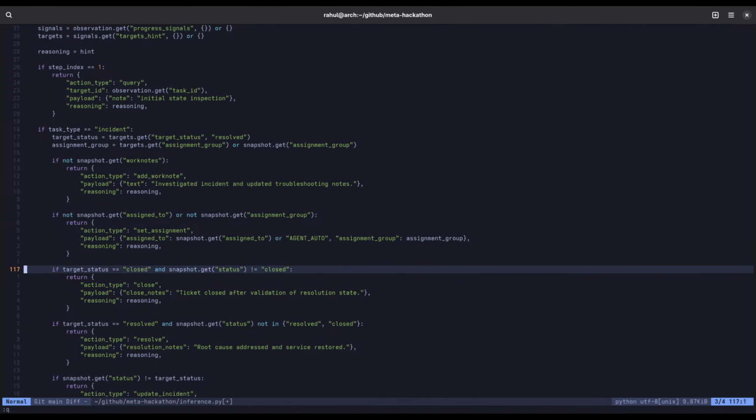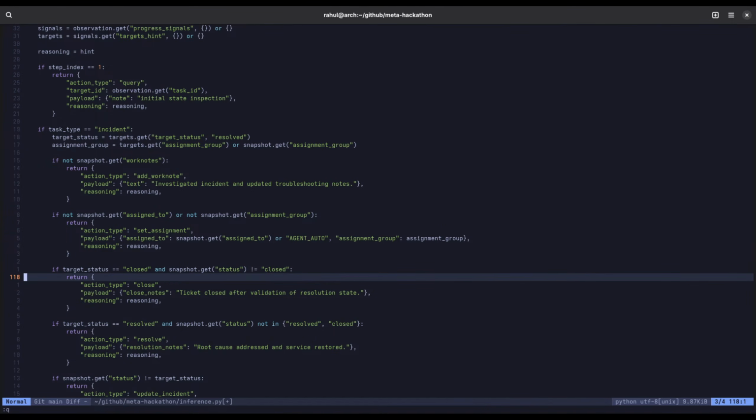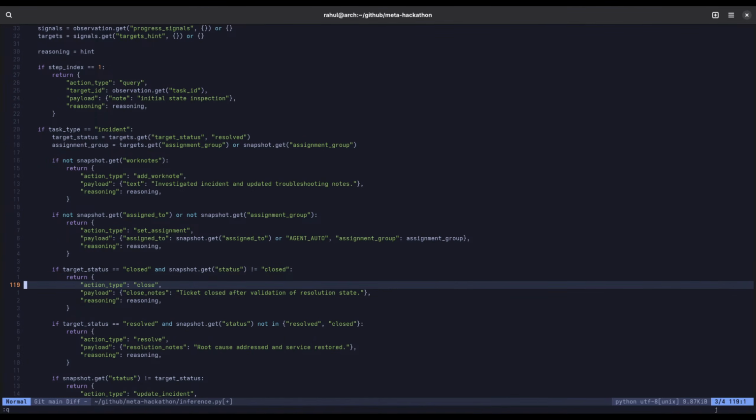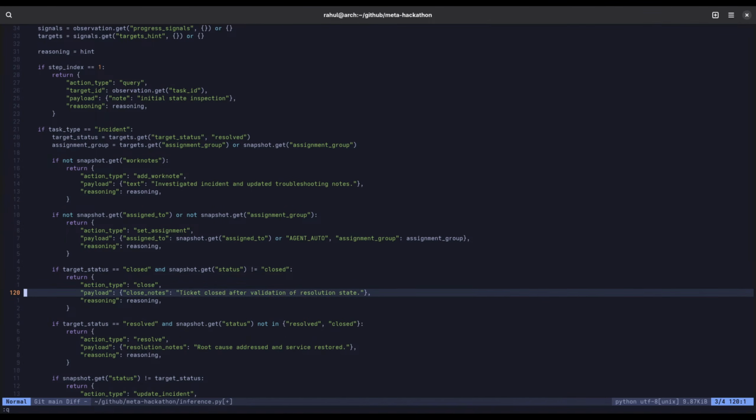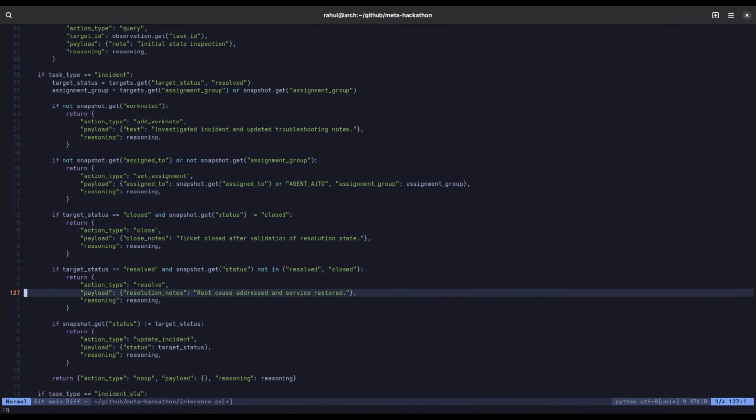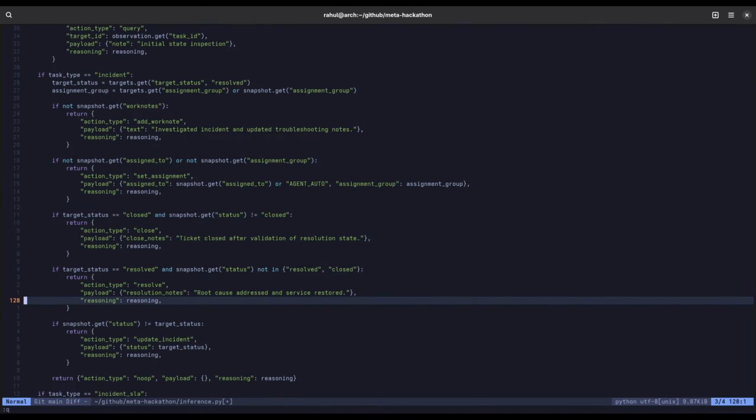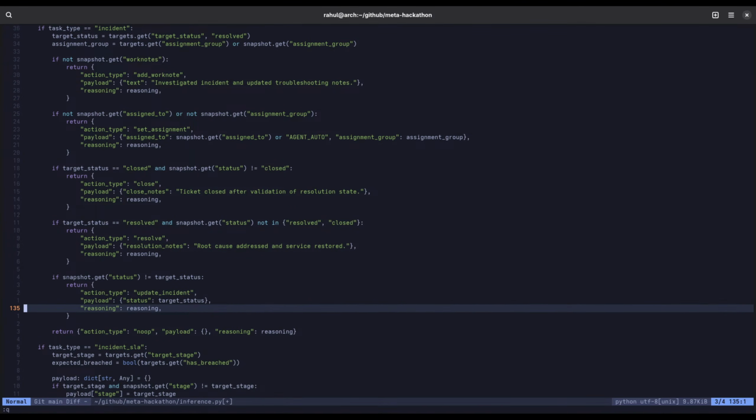These are all the things. If target double equals to close, if we are able to achieve what we wanted to achieve, I think this is what they imply. Then we just need to return this thing, and by saying that ticket closes,